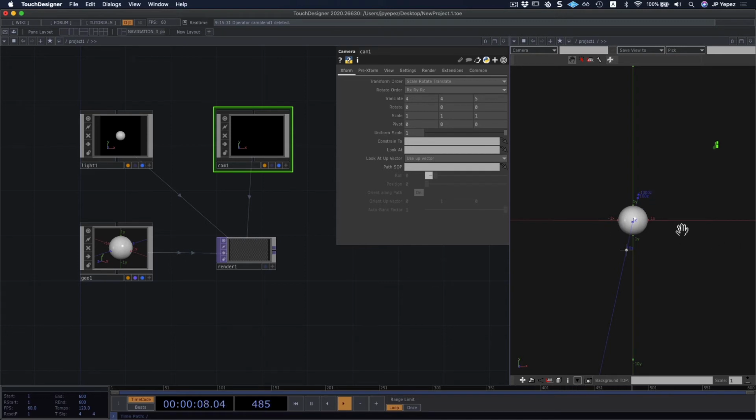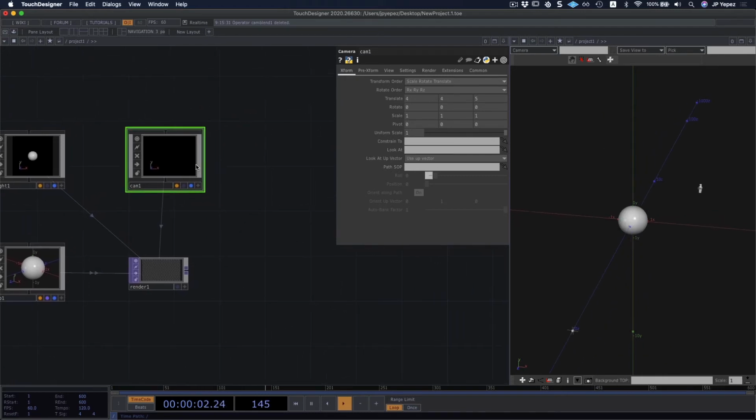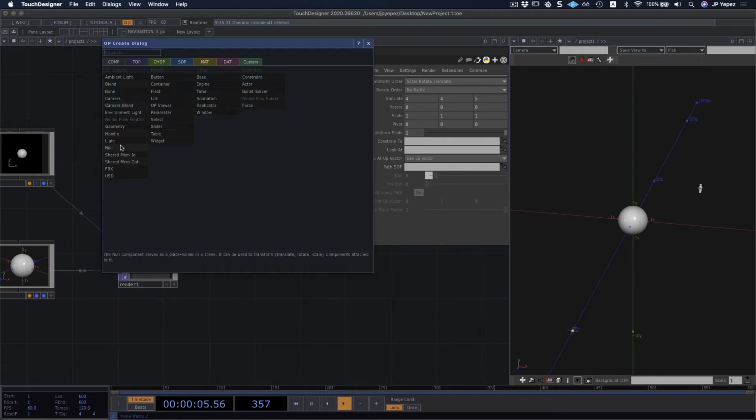We have it at 4, 4, and 5 because its depth on the Z axis is positive. If I were to move this towards the negative edge, you're going to see that the camera moves behind the sphere. But I don't want to do that right now. The problem is that our camera is not really facing where it should be facing. And there's a very easy way to fix that. I could easily just tweak the camera, make sure that I can rotate it, and maybe try to move it around, but that's a bit more work than you need to.